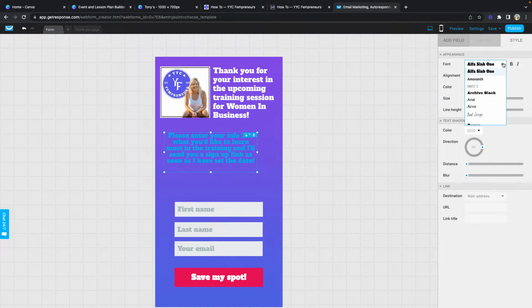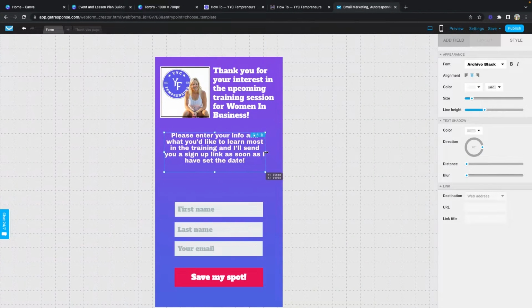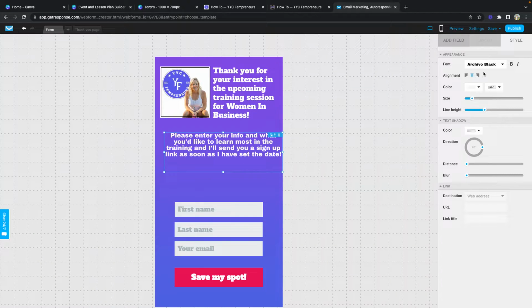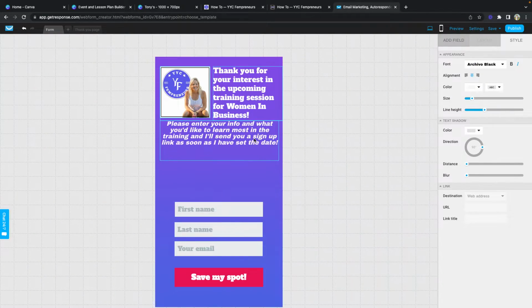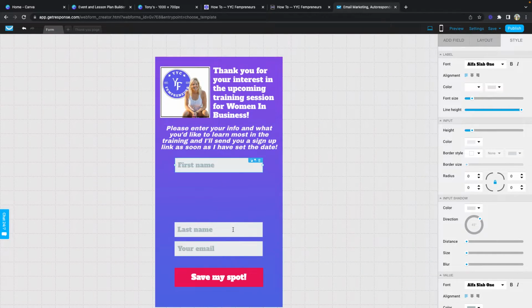I'm going to change the font to this one. And of course to white, because on the dark purple background, white looks good. And like that. And I think I'm going to make this italic as well. All right, so we've got that underneath there,